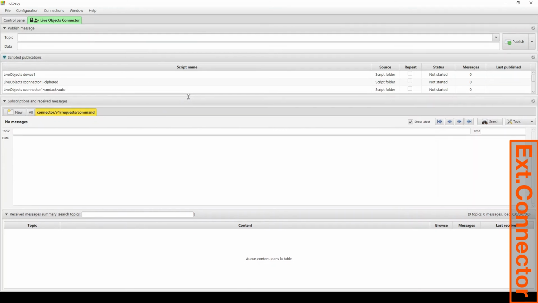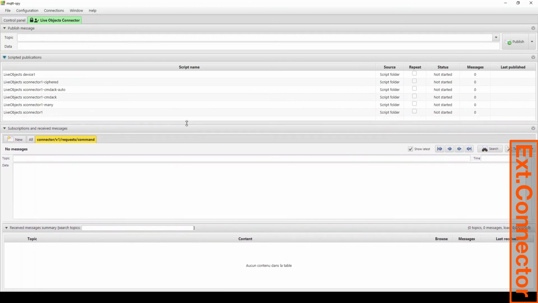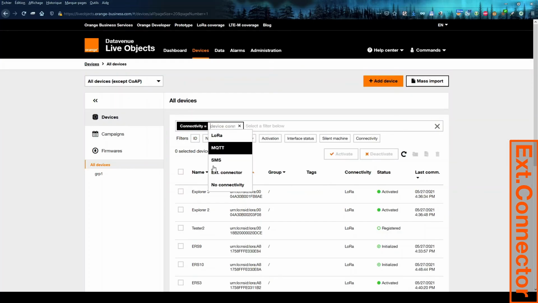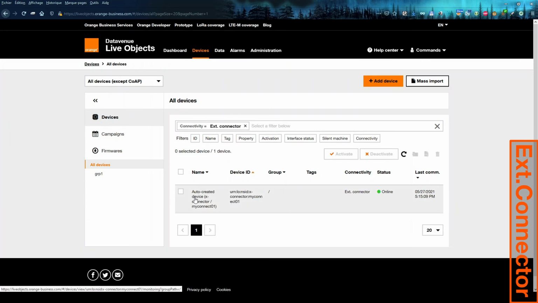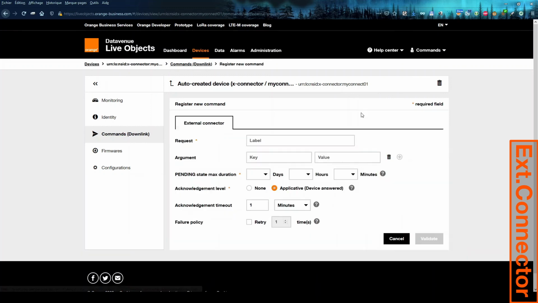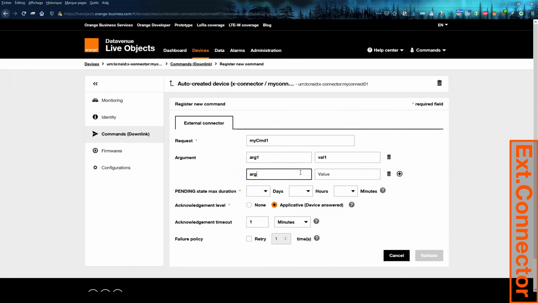Now I have some external connector scripts that you have seen in my other videos. So I can start X connector here and see on LiveObjects the results. So I have this device, I have commands, with again some arguments and values I can add, some pending state.